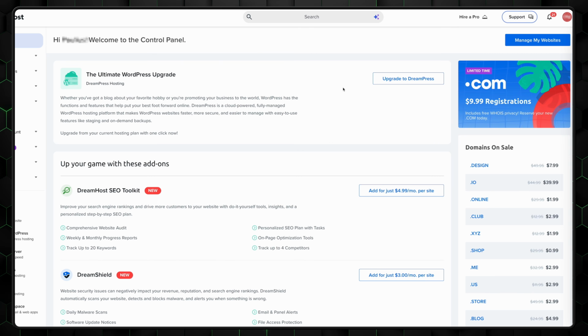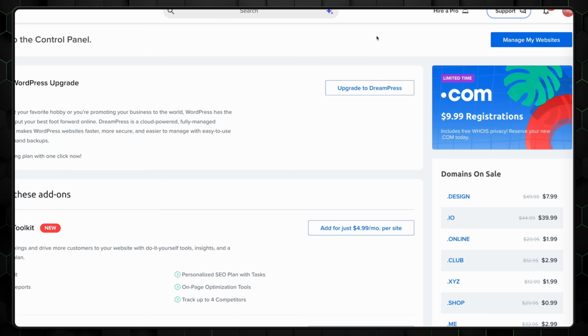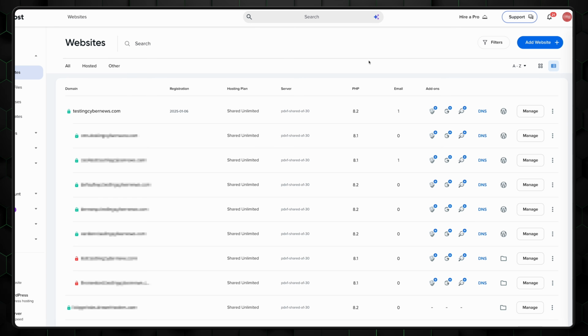But a running website doesn't mean it's finished, so let's head back to the DreamHost dashboard. You'll find your newly created website listed under Manage Websites. This is your control center, where you can handle optimizations, security settings, and various other configurations to improve your site's